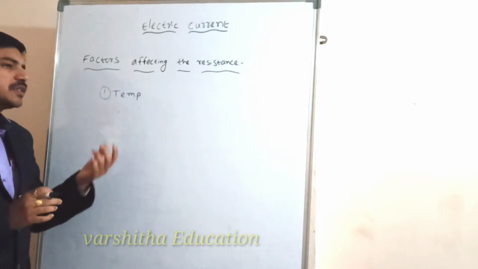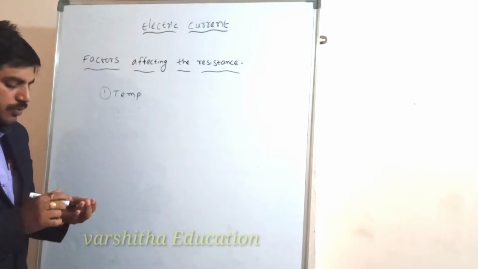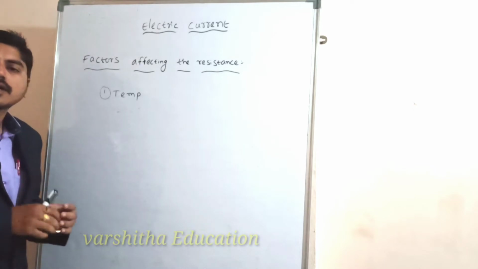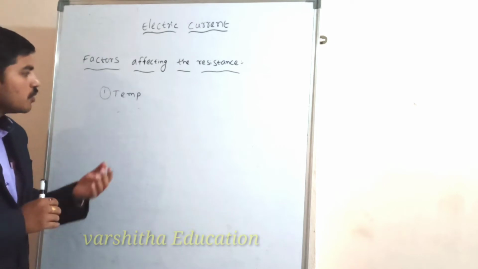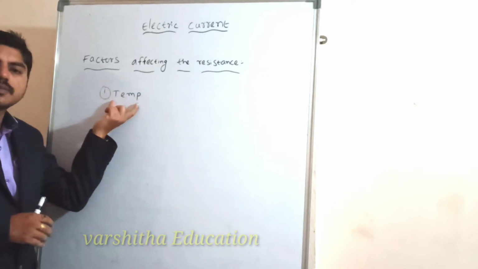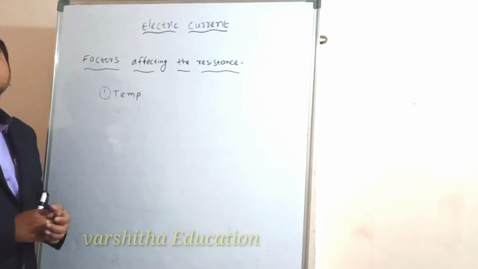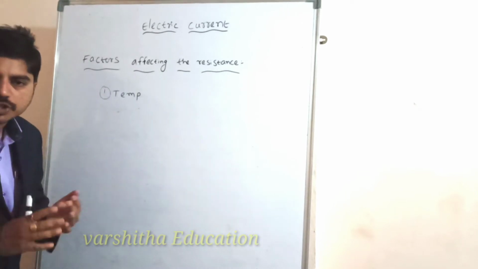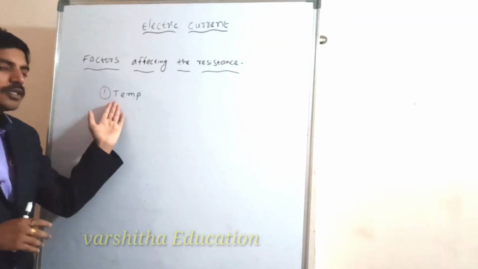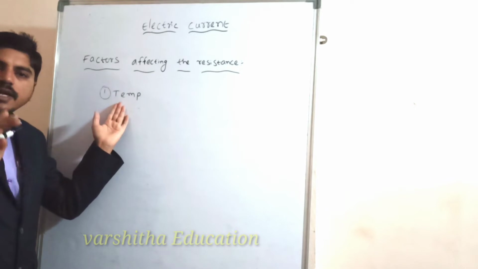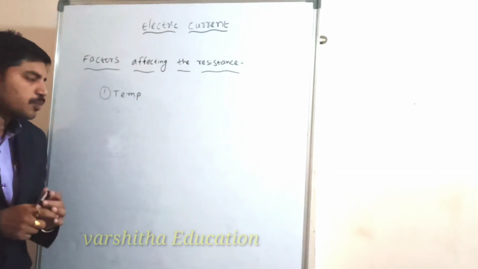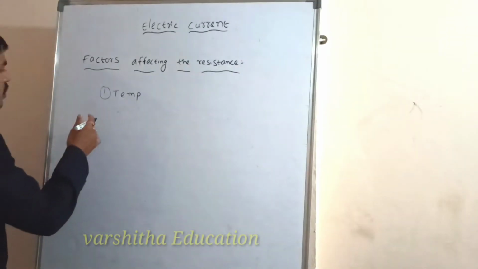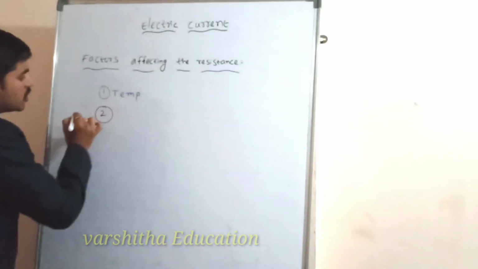Simply we can say that if one conductor's resistance values are increasing, then definitely the temperature is increasing. Both are proportional. If the temperature of a conductor increases, the resistance value can also increase. So this is the proportionality. And the next one, and the main important one, is